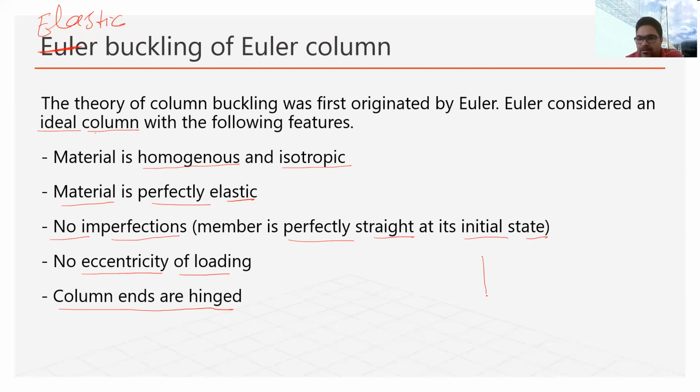Well, the column may be hinged at the ends, or it may be fixed. So at the ends he has considered that the column will be hinged. It means the column can rotate at the ends, which means if it is buckling like this, it is rotating. It can rotate up to this. So that is why this angle is created.